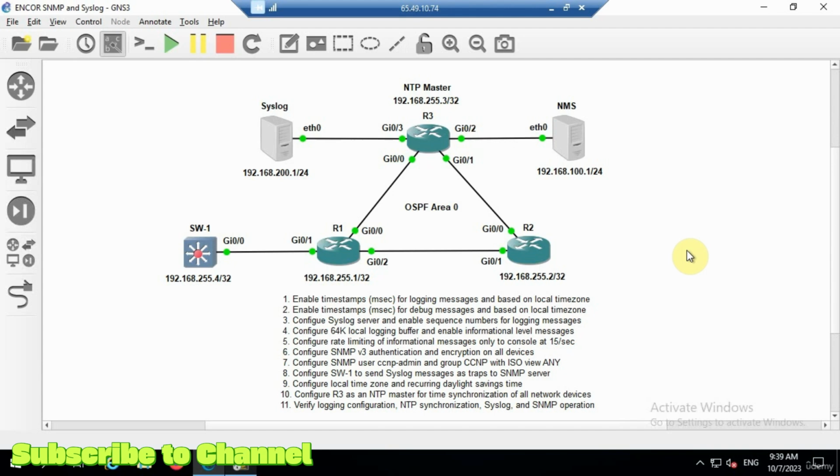To start with, the topology has 3 routers, R1, R2, and R3. The R3 router has a syslog server connected, and the IP address is 192.168.200.1/24. There's also a network management station, that's an SNMP server, at 192.168.100.1/24. R3 is also configured as an NTP master, and that's going to provide time synchronization to R1, R2, and